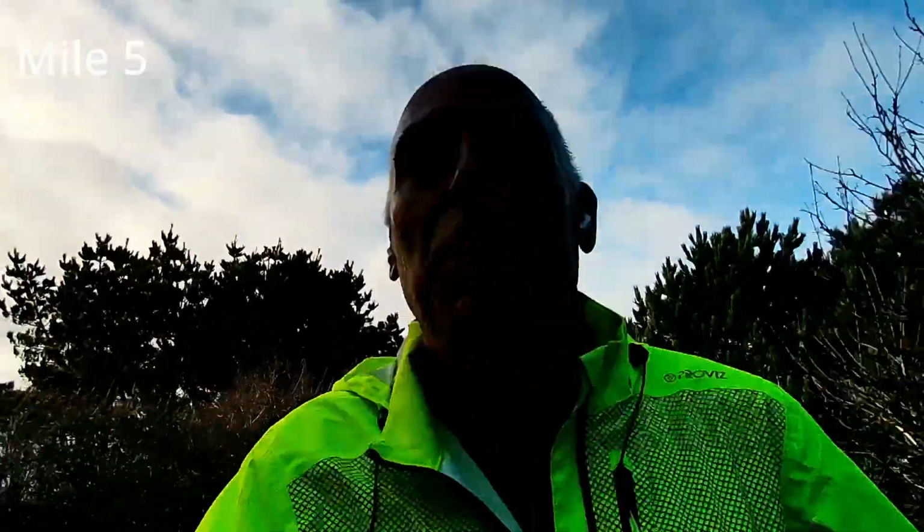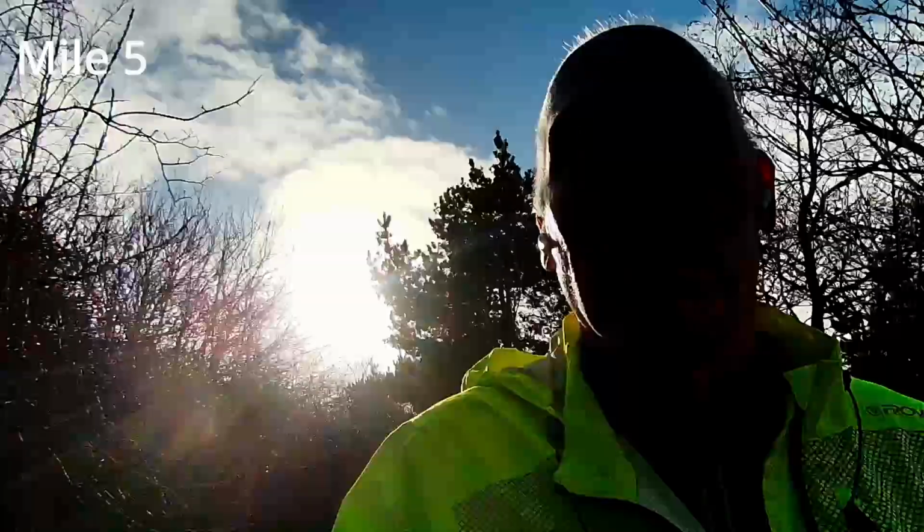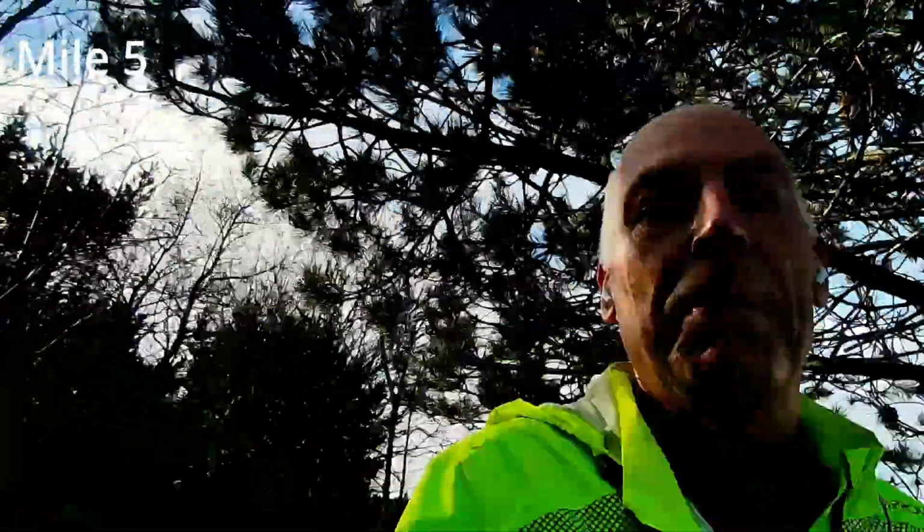So now running back towards the town. Currently back is still about 3 or 4. The old hamstring's okay, maybe 2 or 3. Knees are absolutely fine at the minute, so all is well. Slowed the pace down somewhat as well. So just running around this path, and then I'll be back into town. So I'll cut the video off the next mile or so and pick up as I get back onto